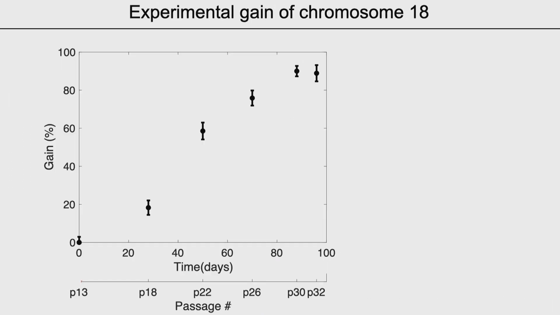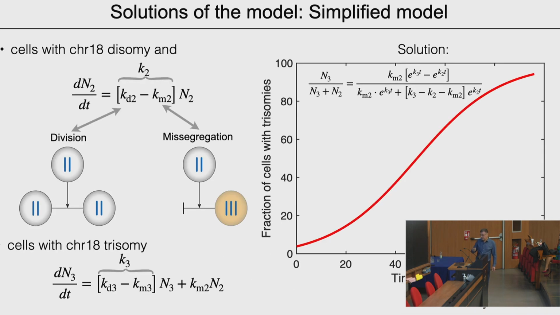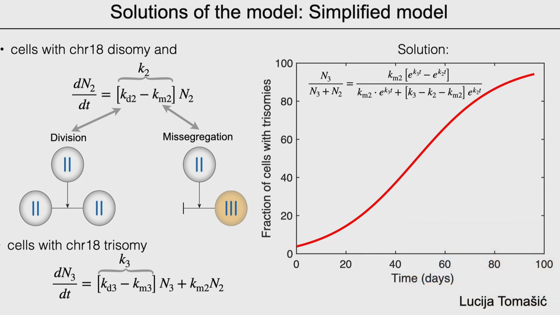If we plot these numbers in time, we are getting this type of change of this chromosome. So from almost 0, it's going to almost 100%. We wanted to understand and explain this type of behavior, and we didn't do first our full model. We just wanted to have as simple a model as possible, and actually we can do it with an extremely simplified